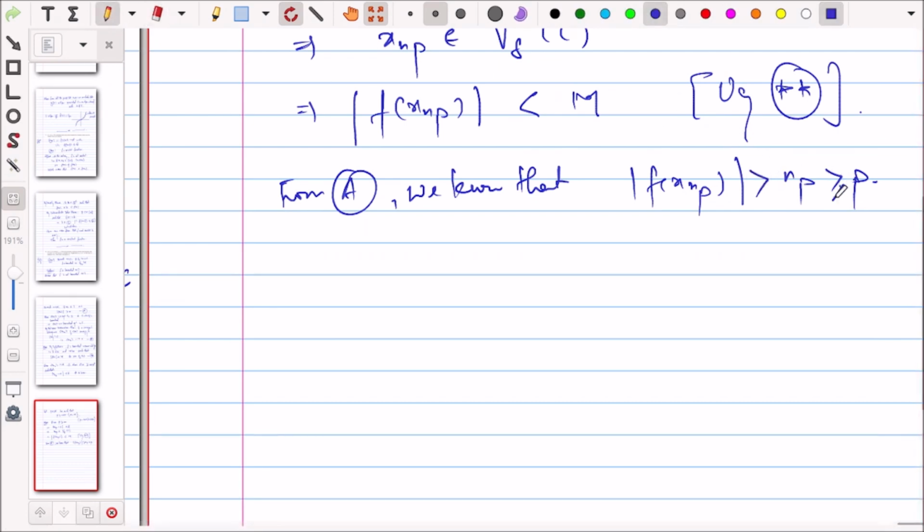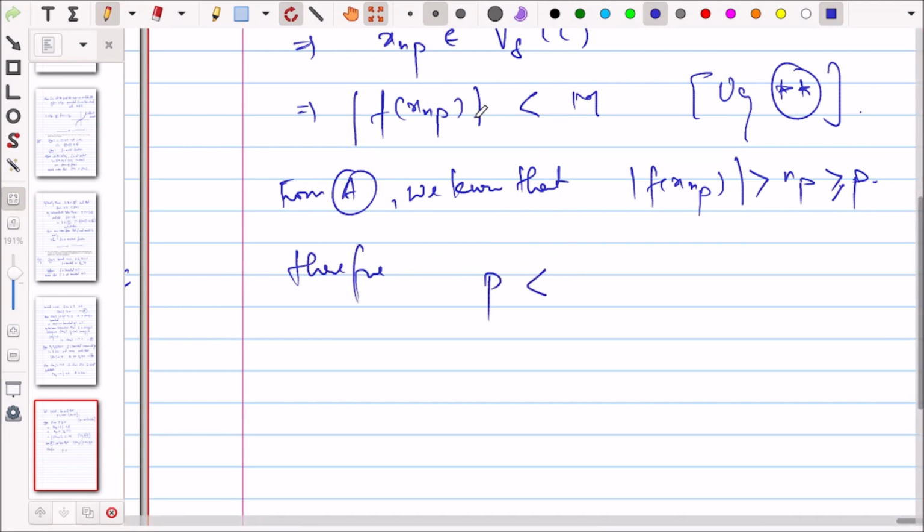This is greater than n_p and this is greater than p, so therefore we have f(x_{n_p}) is less than m, because f(x_{n_p}) is less than m here, while f(x_{n_p}) is greater than p here. So this implies p is less than m, contradiction